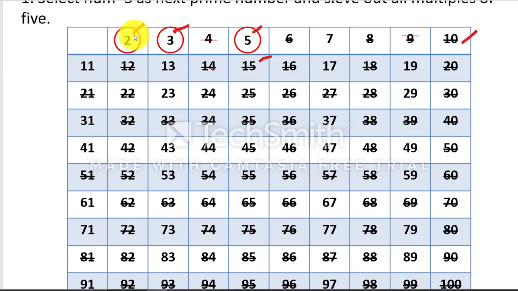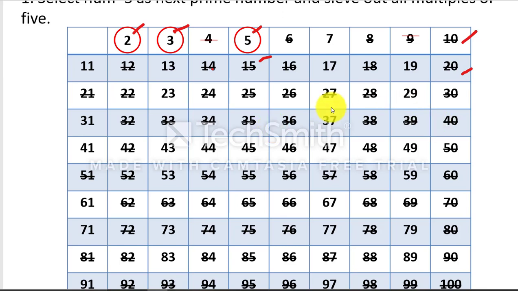And similarly 2 multiplied by 2 multiplied by 5 is 20, and 20 is already filtered out. So there is no need to recheck these particular numbers: 10, 20 and 50. So you will start the filtering from 5 square. 5 square is 25. Beyond 25 there is a chance that these elements are not filtered out.